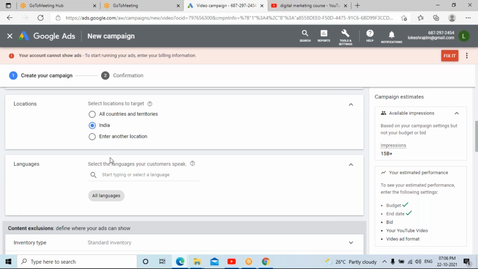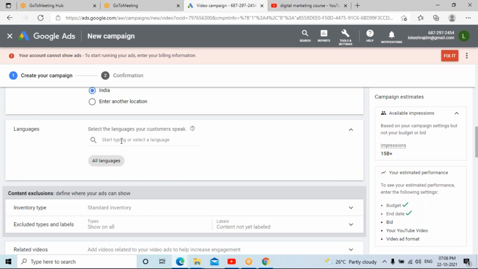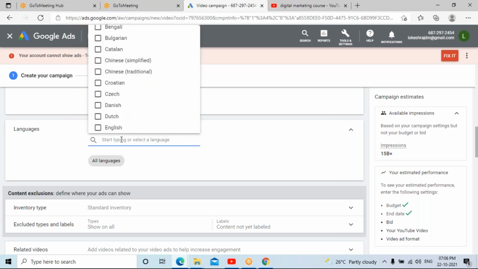Okay, so the next thing is languages. You can select the languages of the videos the people are watching. What type of language videos your ad should be referred with, you can choose. Otherwise, you can keep it as all languages.